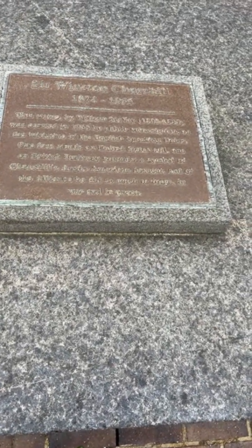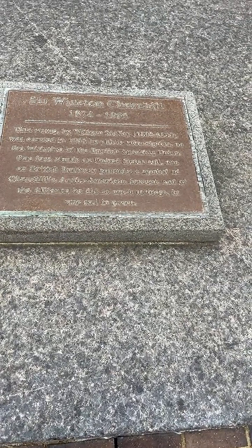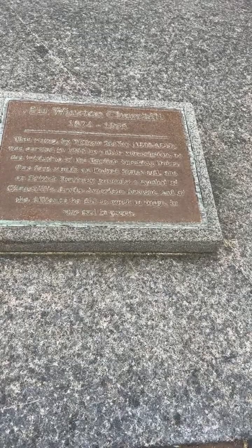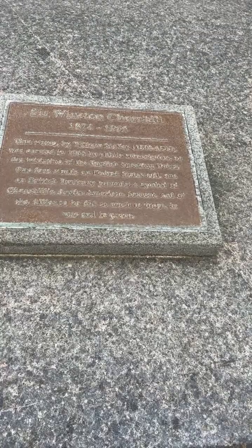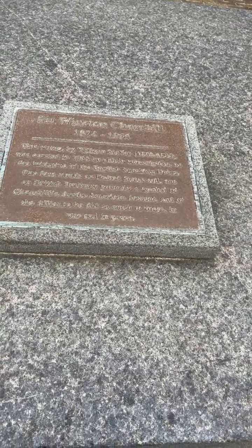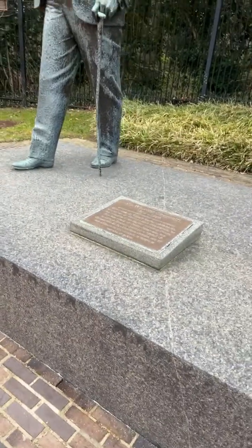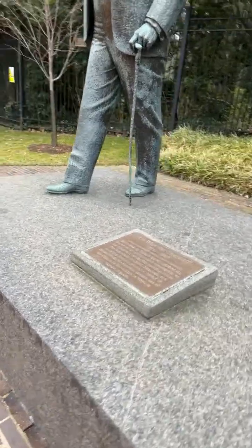The statue by William McVeigh, constructed here in 1966 on the initiative of the English-speaking Union. One foot stands on United States soil, one on British embassy grounds, a symbol of Churchill's Anglo-American descent. Oh, wow. Yes, because I think his mom was American, his dad was British. Okay, so if this is one foot on British soil, one foot on American, if I back up,